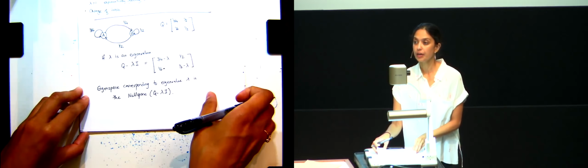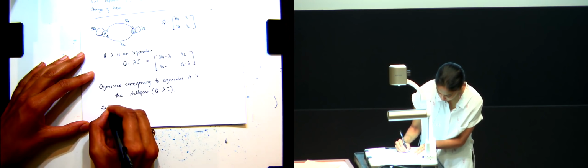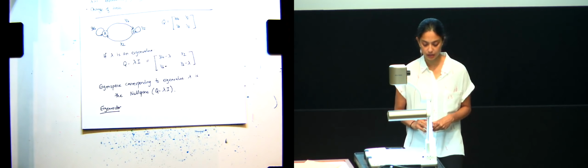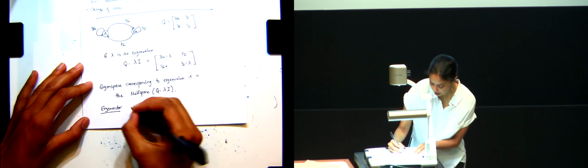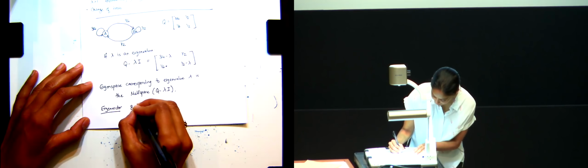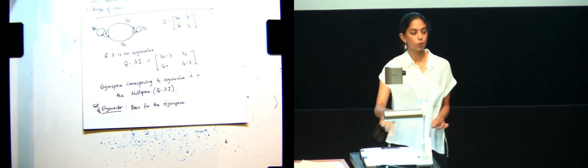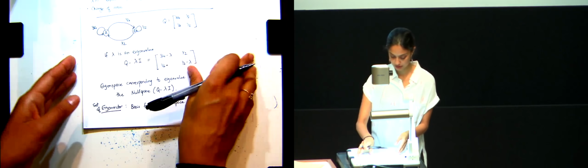And you may have heard in discussion last time the word eigenvector. An eigenvector is basically going to be something that is an element of this eigenspace. Ideally, an eigenvector or a set of eigenvectors would be a basis for the eigenspace. We will explore this a little bit more, and I'll show you exactly what I mean in the course of this example.